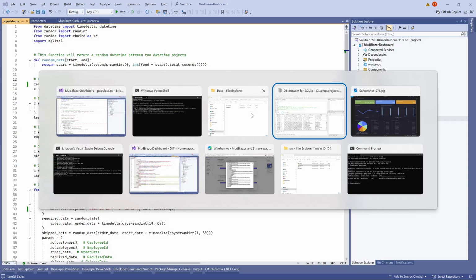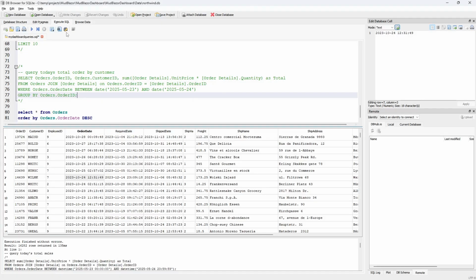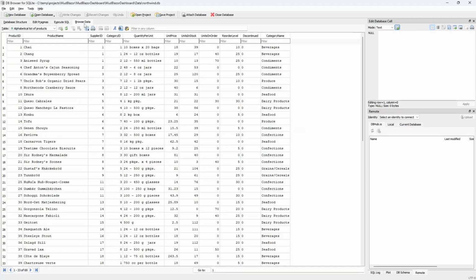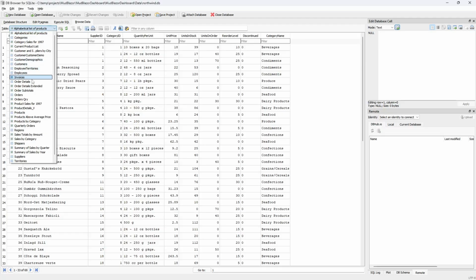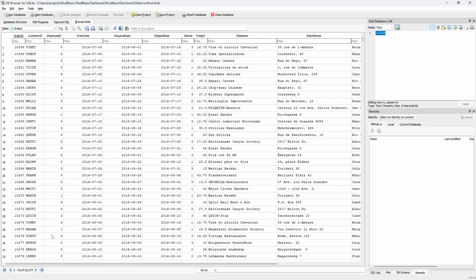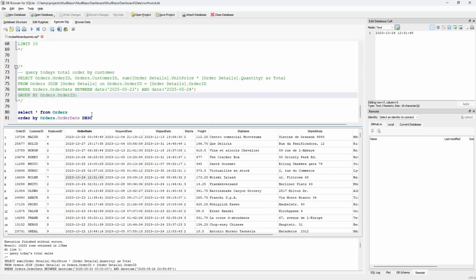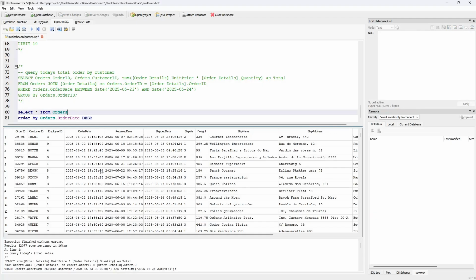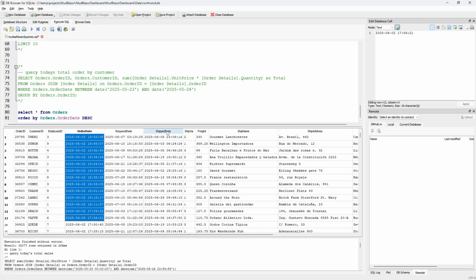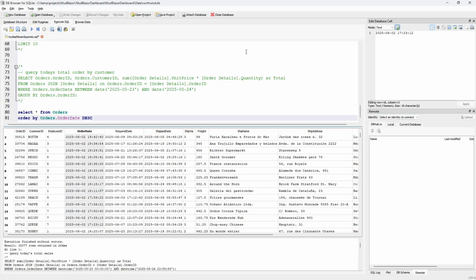So let's head back to DB Browser for SQLite, and then go to this tab, Browse Data. We can quickly see the data here. It's now 32,000 rows, whereas initially I think it was around 20-something thousand rows. Now let's go back to our SQL just to confirm that it has been updated. Let's run this quickly. Okay, so now we should be getting the most up-to-date sample data. Now let's comment this out for the moment